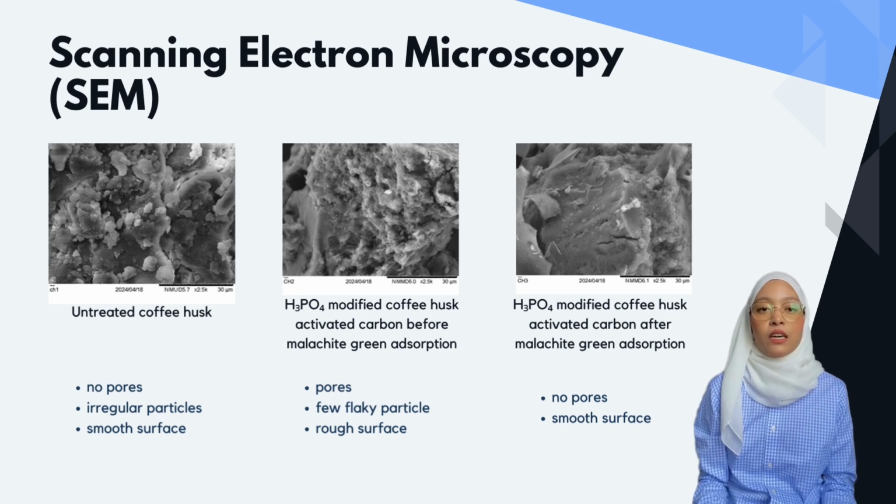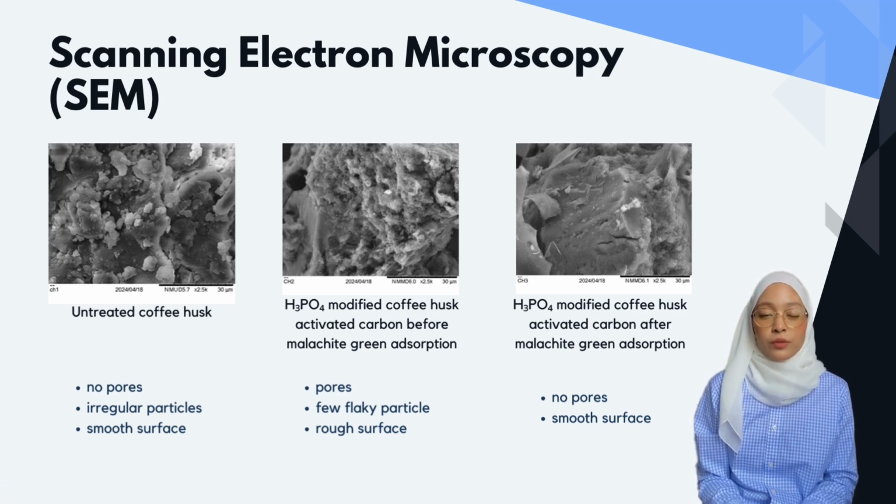Shown in the slide here are the SEM micrographs. For the untreated coffee husk, there are no pores, with irregular particles and a smooth surface. After activation with phosphoric acid, pores are formed, with few flaky particles and a rough surface. After adsorption of malachite green, it can be seen that there are no pores as they diminish and the surface